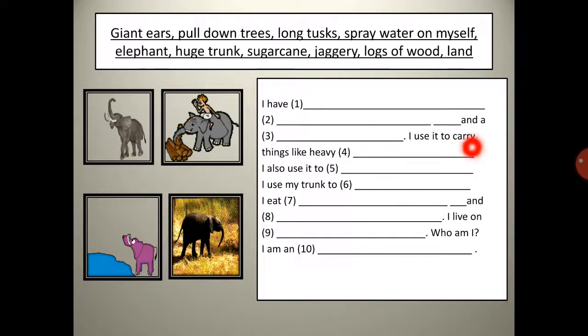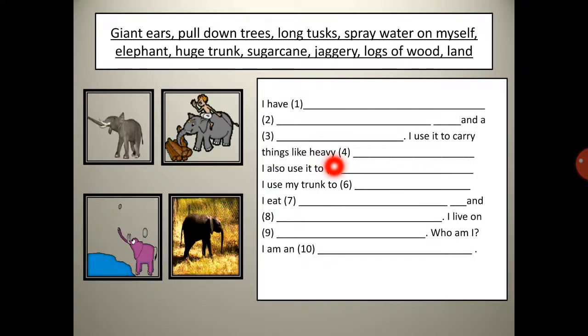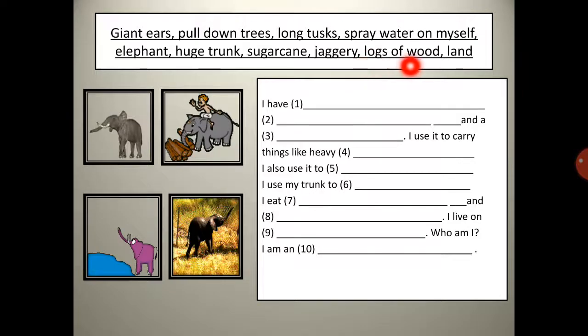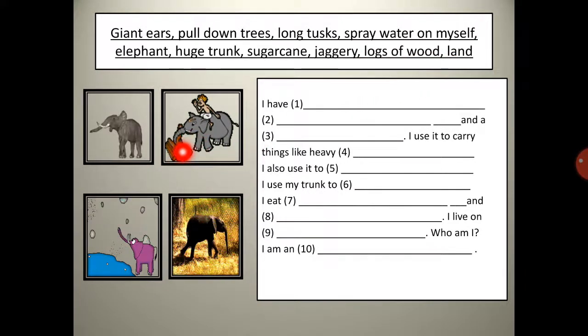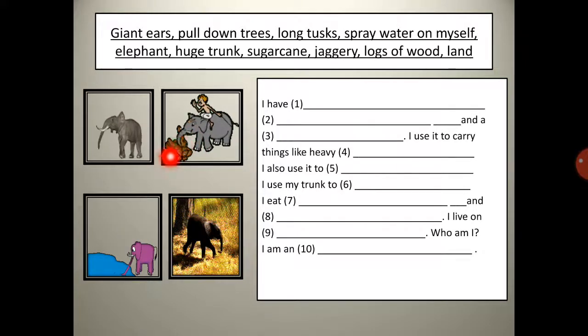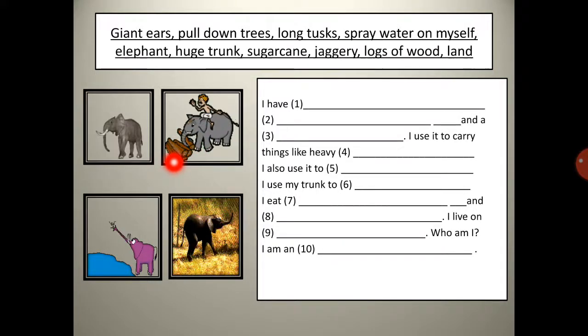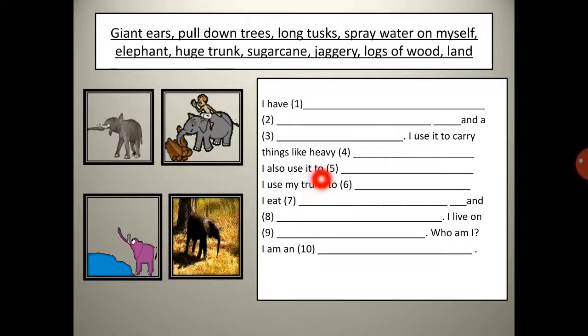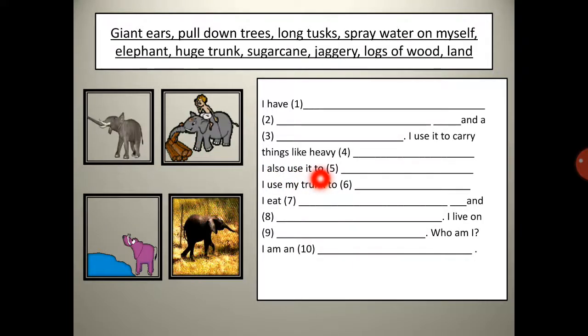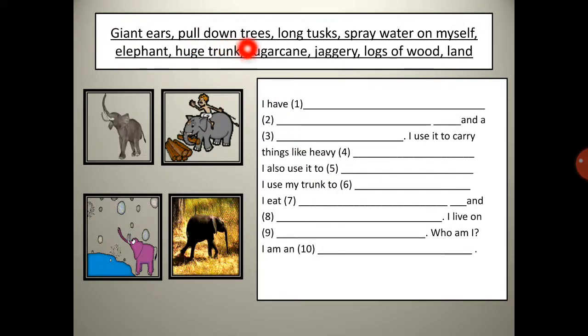I used to carry things like heavy logs of wood. In the second picture you can see the elephant carrying logs of wood. These are the logs of wood. I also use it to pull down trees.